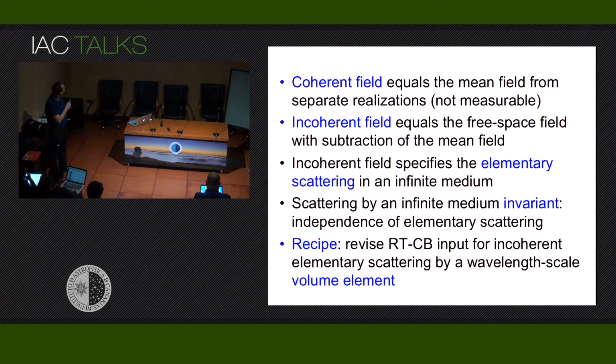So, coherent field. Imagine that you do the scattering problem. I think it makes sense to again draw something here. So let's assume that we define some volume, and let's start with putting a single spherical particle here. And there is a plane wave coming. Okay. Then you have the origin, and the particle is away from the origin. You solve the problem, it's a mean scattering problem, but there is a phase because this has been shifted away